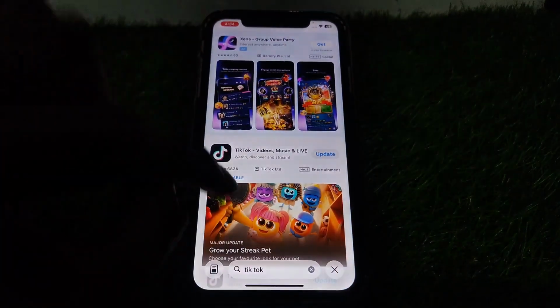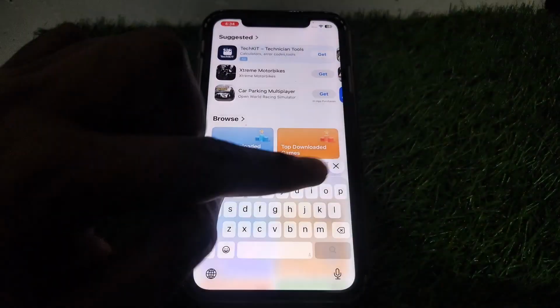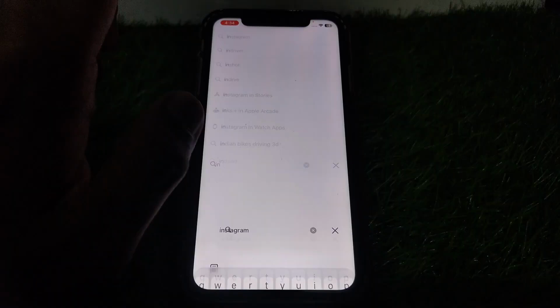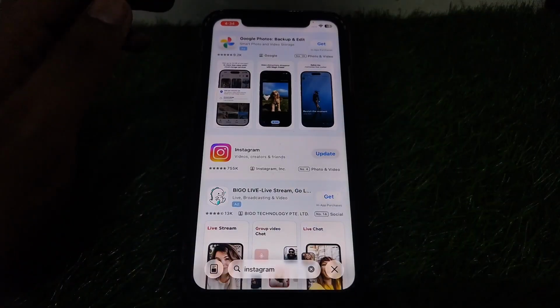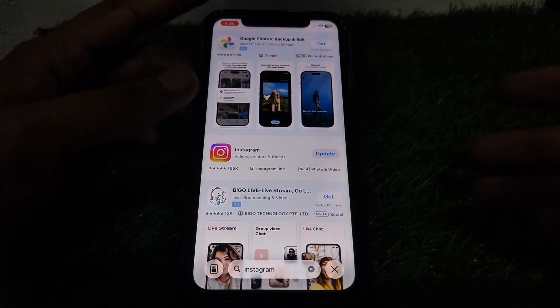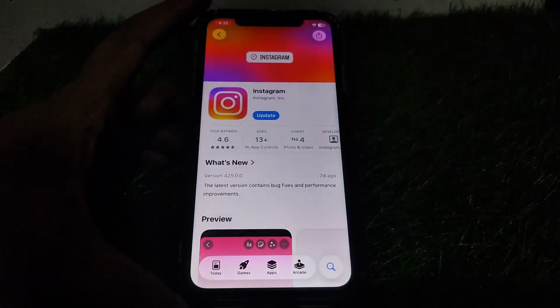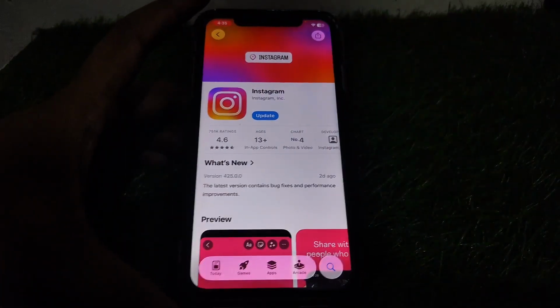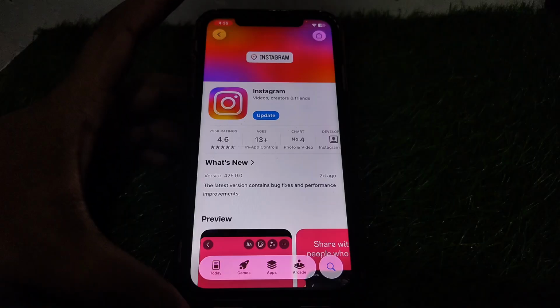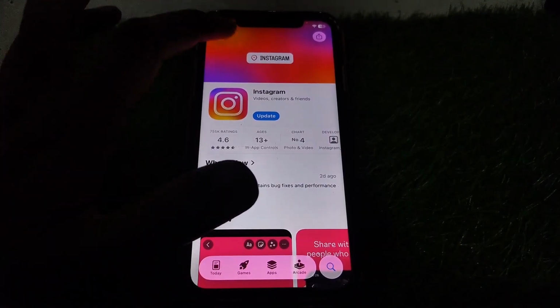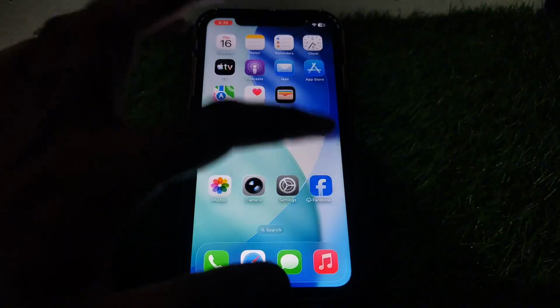So in App Store, you have to simply search for the Instagram app, and you have to make sure that you have installed the latest version of the Instagram app. And if it is showing any kind of update, then you have to simply update the Instagram app. And after updating the Instagram app, you have to simply open the Instagram app, and here you can simply